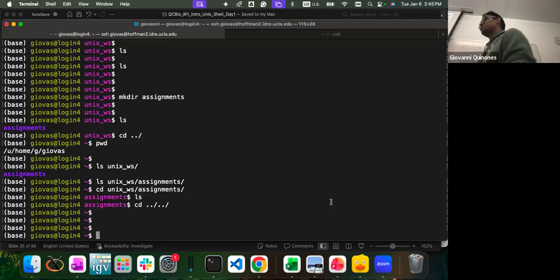Right. That's a good question. And maybe the terminology is not that ideal here, but an absolute path is only absolute when you start from the very beginning. When you start from the top-level home directory, only then can it be considered absolute. Everything else is relative.